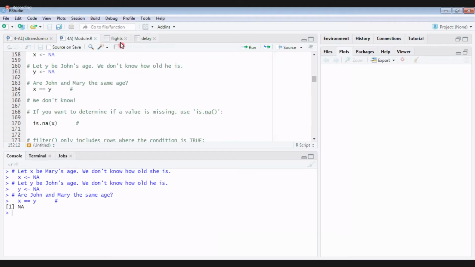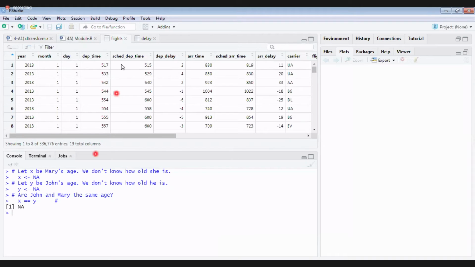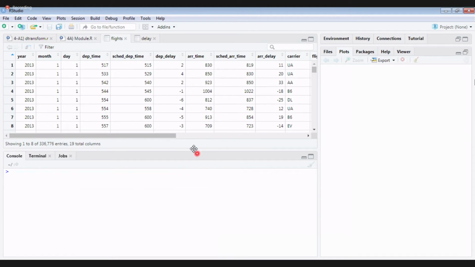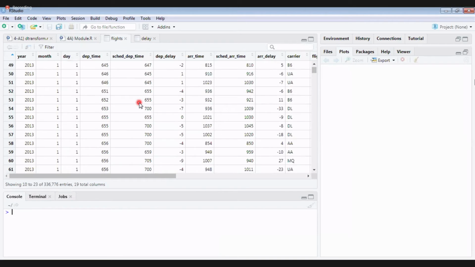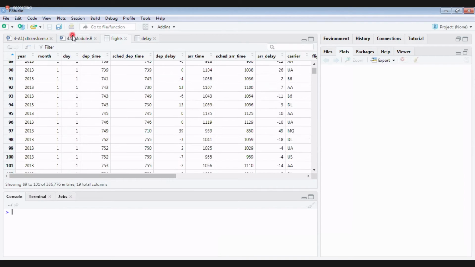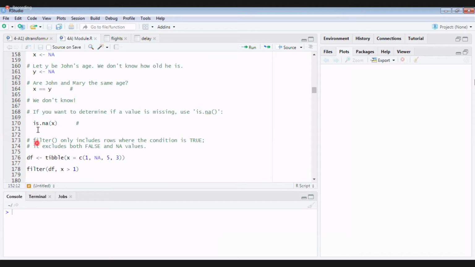If you want to know, suppose in schedule departure time there are 3 lakh records. If I want to know whether I have NA present or not, do you think I need to go through each and every record like this? Do I need to scroll to check whether NAs are there or not? No, that is not practically possible. For that you have a command is.na